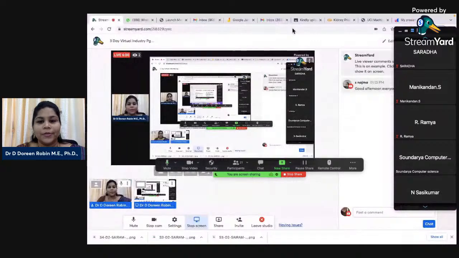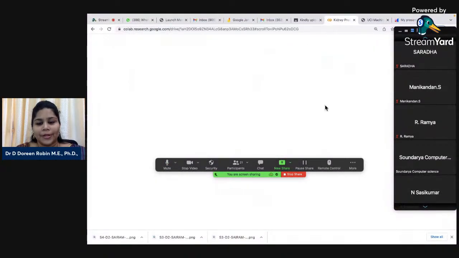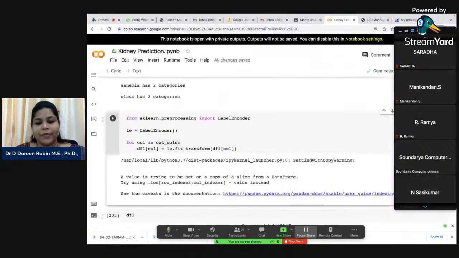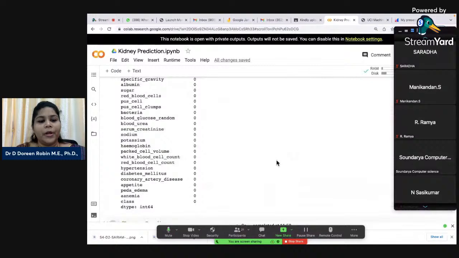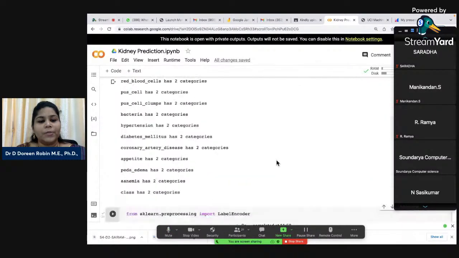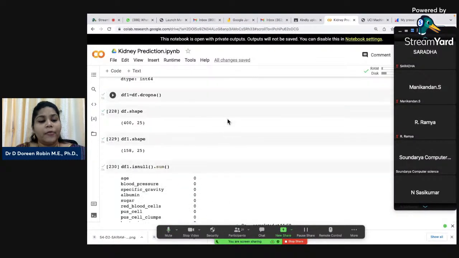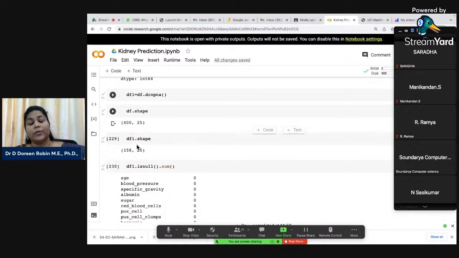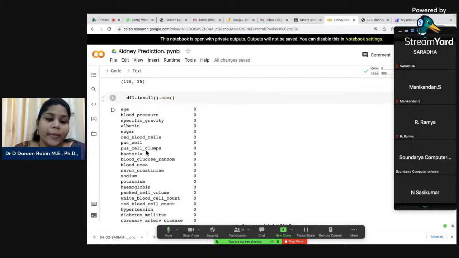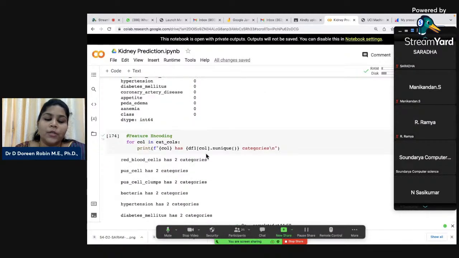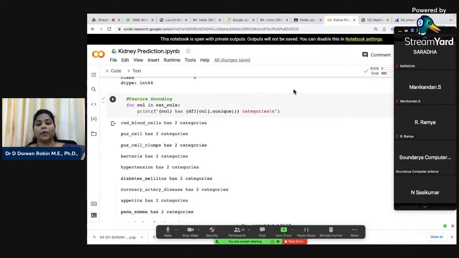We are in the process of df1.dropna function. We have dropped the missing values, and the 400 rows have become 158 rows. And then we have seen there is no missing values in df1, and now we are in the next process